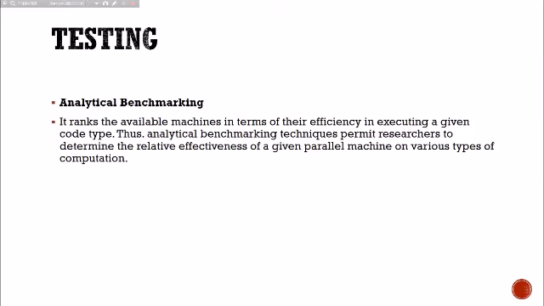Now we'll look at testing. First we'll go for analytical benchmarking. Analytical benchmarking ranks the available machines in terms of their efficiency in executing a given code type. Basically this test measures how well the available machine performs on a given code type, while code type profiling identifies the type of code. Thus the analytical benchmarking technique permits researchers to determine the relative effectiveness of a given parallel machine on various types of computations. This benchmarking is also an offline process and is more rigorous than the previous benchmarking techniques, which simply look at